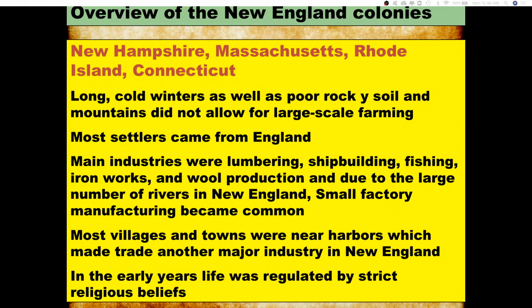Plus, due to the natural geography where you've got inlets and harbors along the coast, this is going to make New England ripe for trade, and it's going to be a major industry. They're going to be a stop on the triangular trade. New England is going to have more towns and villages, like we said, and really, religion is such a huge part for them, and the sense of community that religion brings. So, like I said, guys, these guys are like the opposite of the southern colonies, for sure.